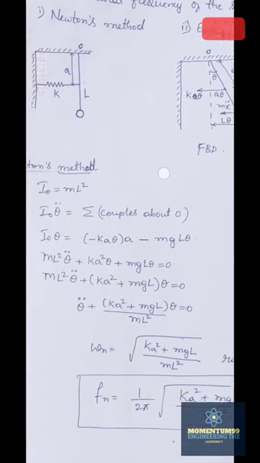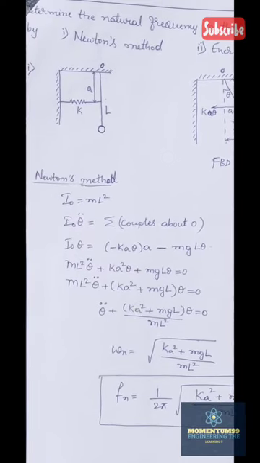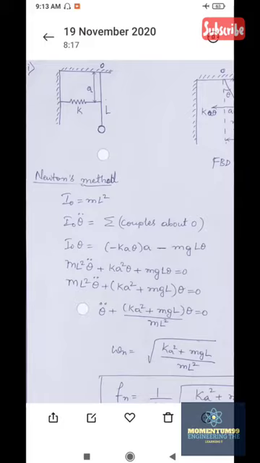Now, let's move on to Newton's method. I have said earlier that acceleration forces will be written on the left hand side and the restoring forces will be written on the right hand side. Acceleration force is any force which is trying to make the body have certain motion, and the restoring forces are the forces which are restricting the motion produced by the external forces. So, these are equal and opposite in direction.